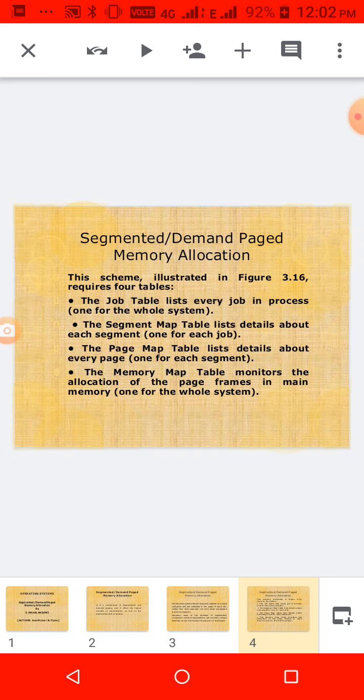The segment map table means the segments available for every job, so one segment map table contains the details of one particular job. The page map table lists the pages allocated for a segment. And the memory map table shows the allocation of page frames in memory for the whole system.